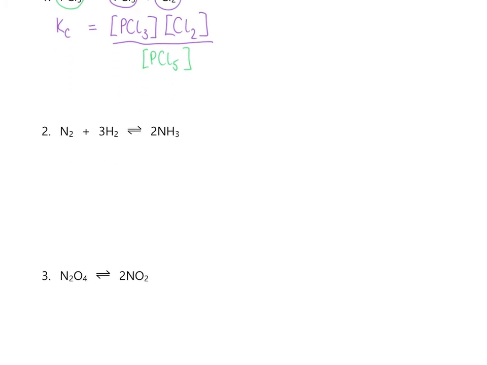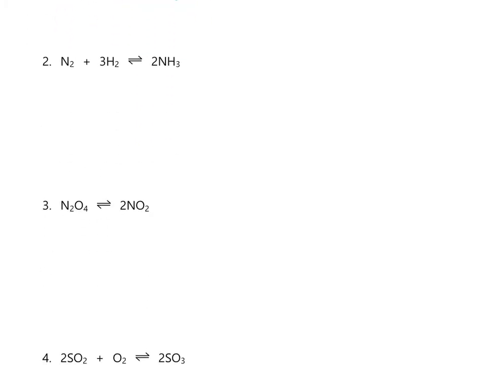Let's move on to example 2, where you do have balancing numbers this time. So Kc is equal to the concentration of our products, first of all, on the top half of our fraction. So we've got ammonia here. We'll write the concentration of ammonia, NH3, in square brackets, but we've got to include the power of our balancing number. You can see the balancing number is 2, so it's concentration of NH3 squared over,